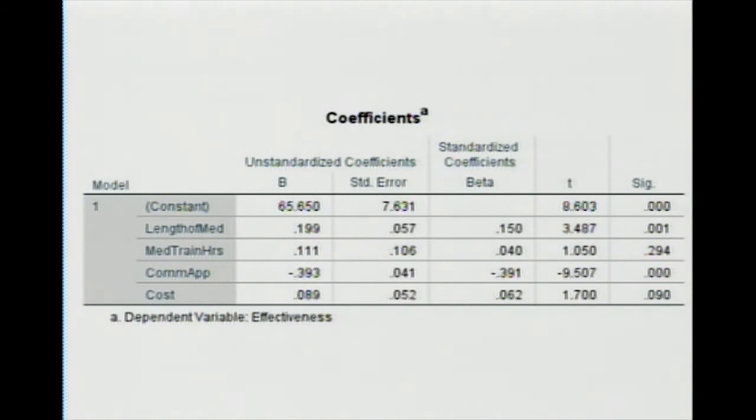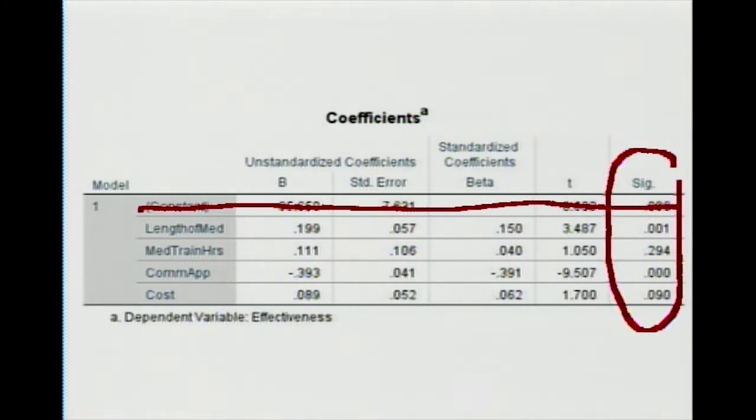Now this gets a little bit more interesting than the first time we looked at it, because, remember, we don't care about the constant. We're looking at these 4 variables. And so the first thing that I would challenge you to do is to look over on the significance box. As you see this, of course, this tells us which variables are significant predictors and which are not. We see length of mediation, again, is a significant predictor right here. And then we see also communication apprehension is a significant predictor. We don't see the other 2.